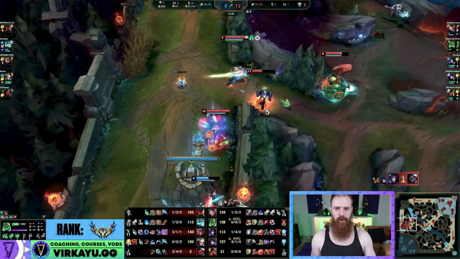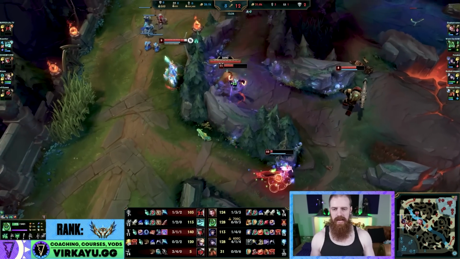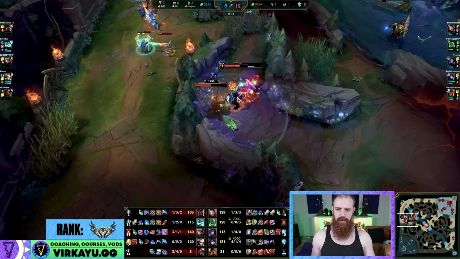And then guess what? We can fall back to the second Herald as well. Ooh, nice charm. I was gonna call her Faker, but then I realized and remembered she's 140. And of course, the Hecarim still didn't die, so...